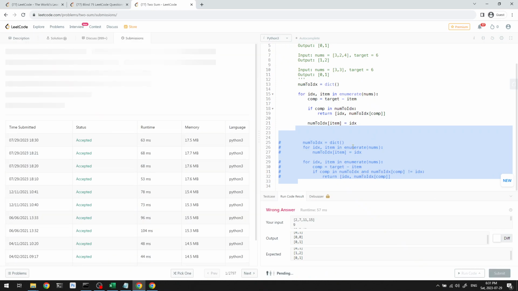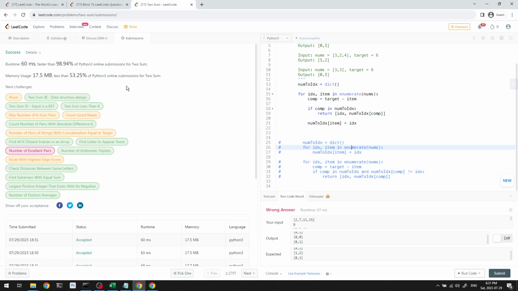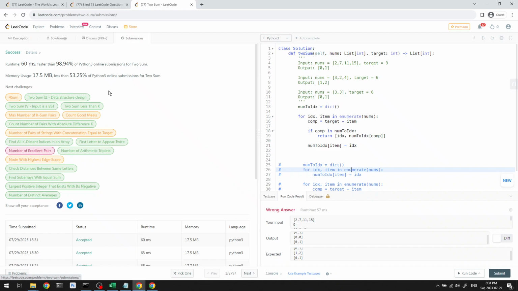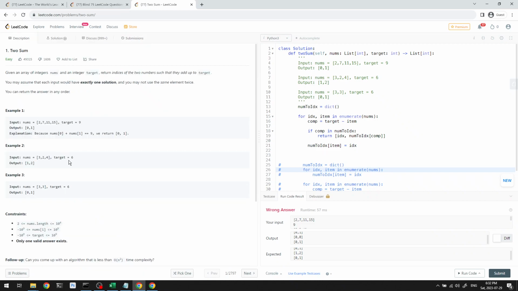So if I go ahead and run this one here, you can see that this one also passes correctly. That's how you do this first problem. This video was definitely longer than it needed to be. But basically I'll be going through the Blind 75 problems. This problem is O of n time, since you're just going through the list once, and technically O of n space as well, because you're storing the items in the dictionary.